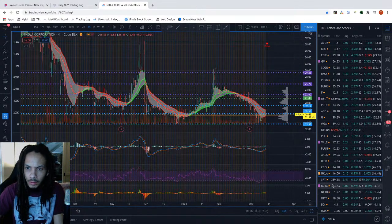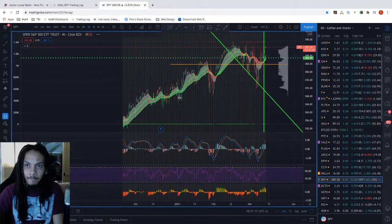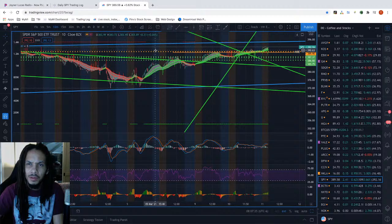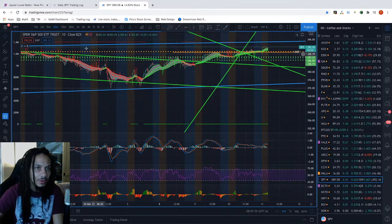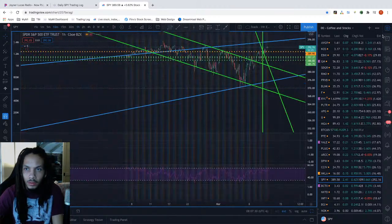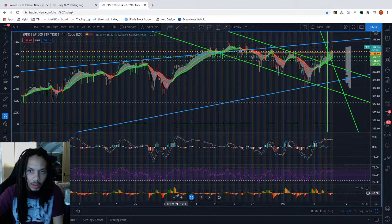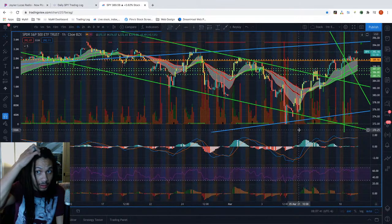And then let's see what the SPY is doing. Let's get an update on that. It's 8:07 now. SPY is still gapped up. It hopped up to 392 at its peak. I think this is going to run at all-time highs. I might do some call options on it, but I want to look a little bit more into what everything is showing me. And this is ultimately another reason why I did puts on the SPY yesterday,